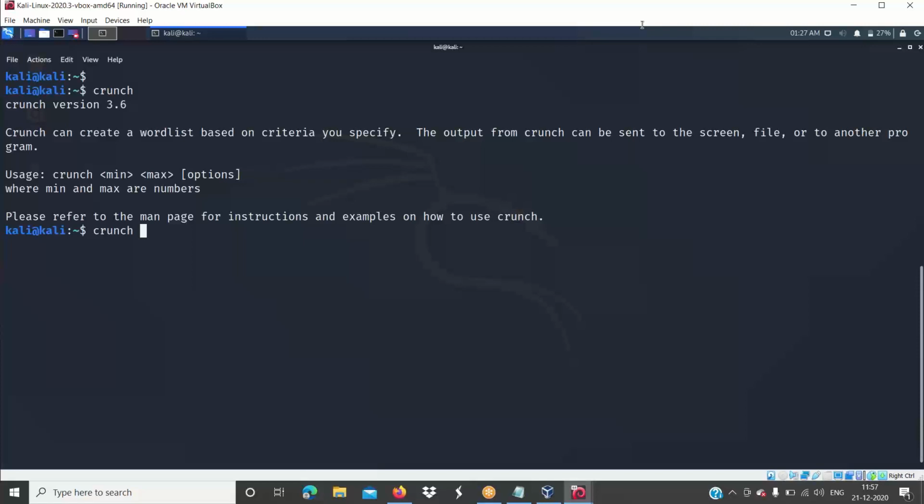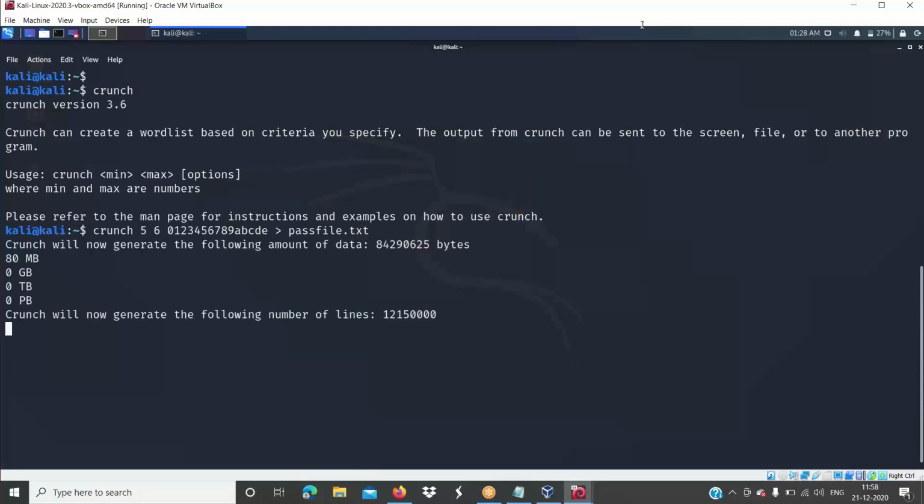We won't have enough space to store so many word lists, because it's going to generate so much data, right? So I'll just show you a simple example of how this program can help us generate our customized word list. So Crunch, and then let's say 5 to 6 digits my password length, which has numbers or alphabets, or whatever you can just specify. Then you take the output into a file, let's say pass file